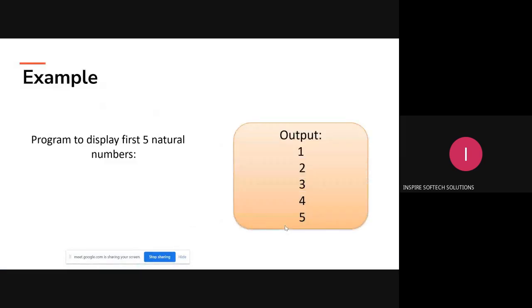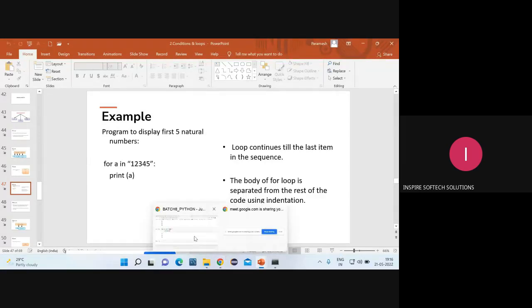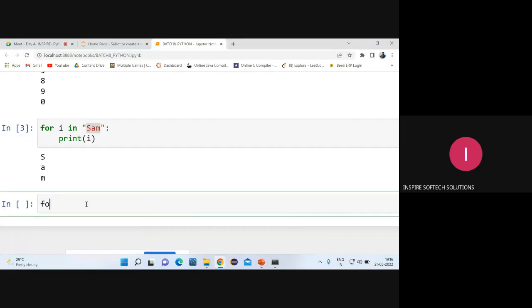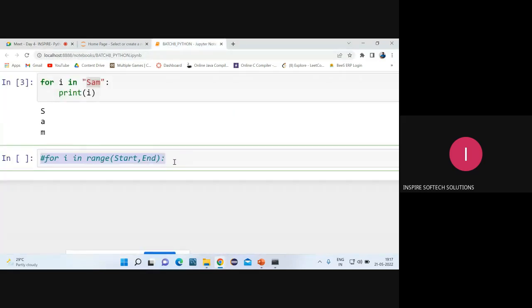Next is nothing but in range. I'll teach you with for i in range. So next I'll write here. The syntax is going to be for i in range. I'll have a starting value, start, and an ending value will be there. Just note it down as the syntax for i in range. What is that range? I have to print numbers from